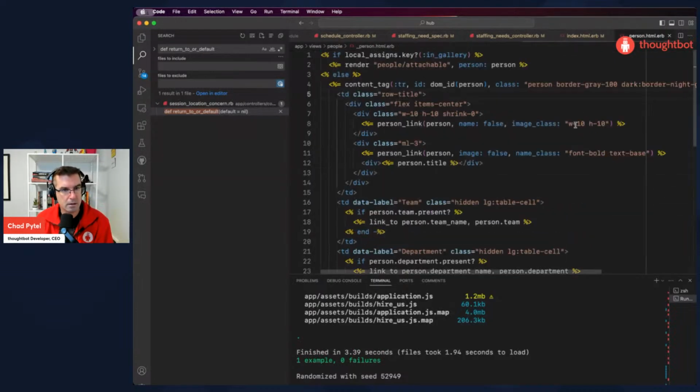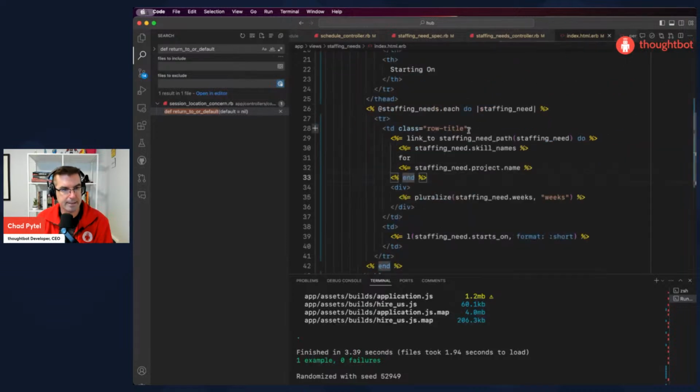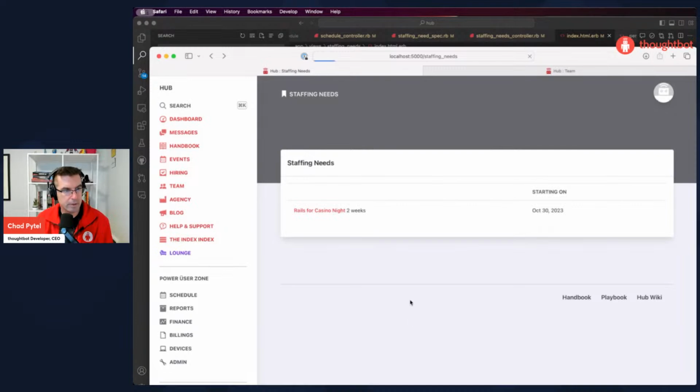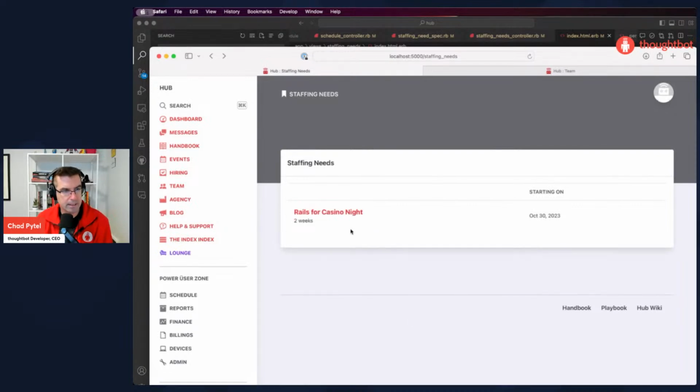And then, yeah, let's do class font bold and text space as the size. So we are using Tailwind in this app. So some of these things are Tailwind and some of them are classes that we have. So now if we go over to our page, we get that nice big